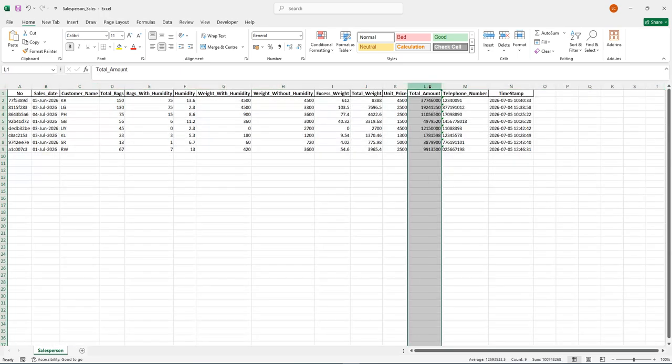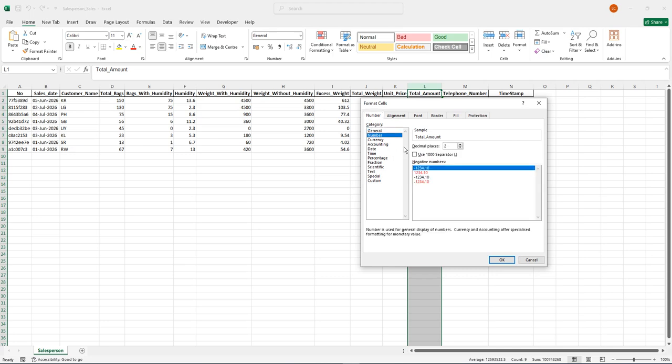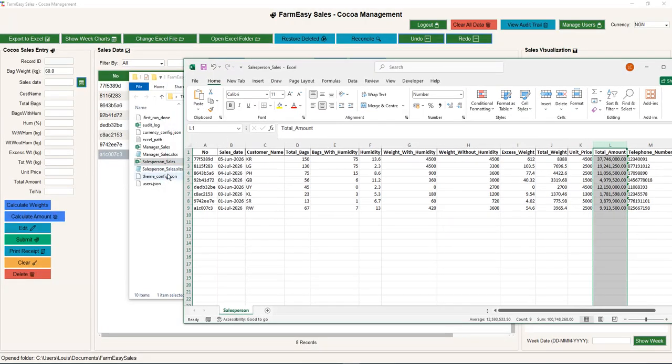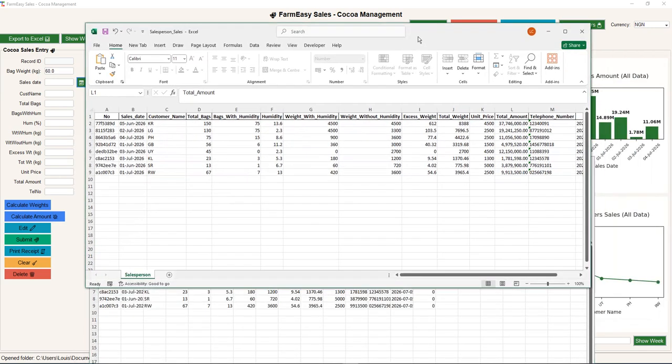You can format this amount depending on the currency in your region as well. So these are the transactions that get populated on the spreadsheet for the salesperson. These same transactions, we'll have them here on the manager spreadsheet. So if we open the manager spreadsheet, if we go back to the same folder, manager spreadsheet, so if you look at it here, if I take this up like this,